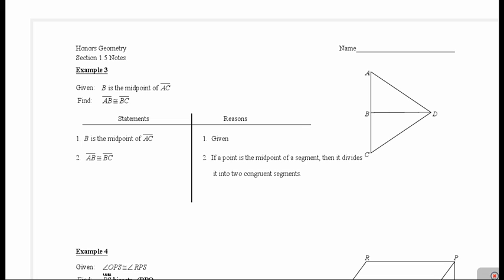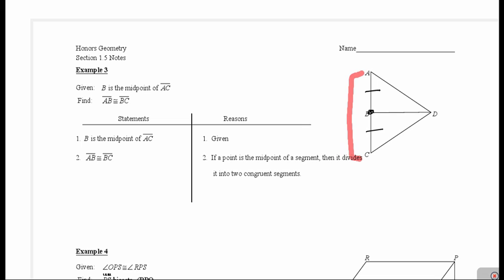Example 3 is an example of a two-column proof using one of our new vocabulary words. So we are given that B is the midpoint of AC. So point B, here on my diagram, is the midpoint of this entire segment AC. So if we think of our definition, a midpoint divides a segment into two congruent segments. So therefore, the conclusion that we can make from that one given is that segment AB is congruent to segment